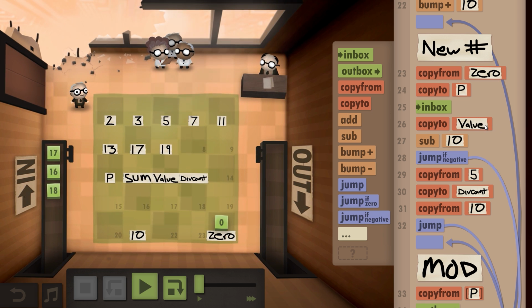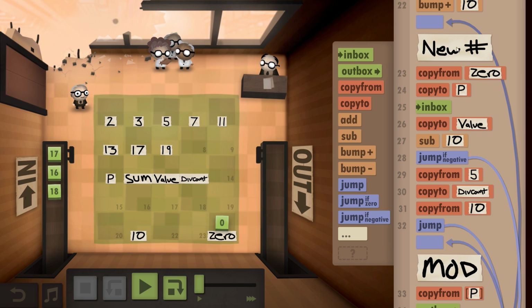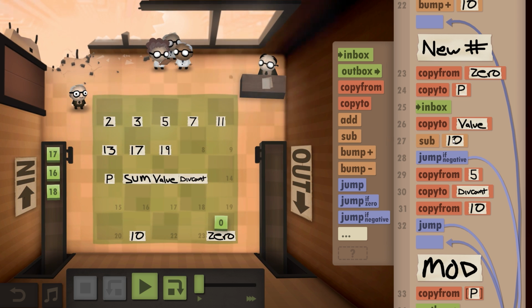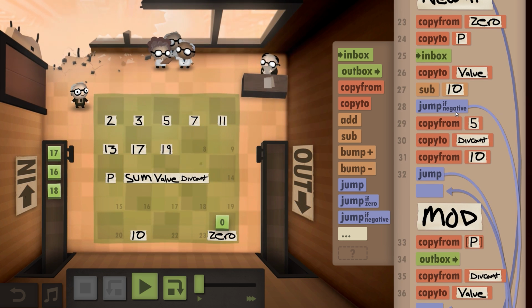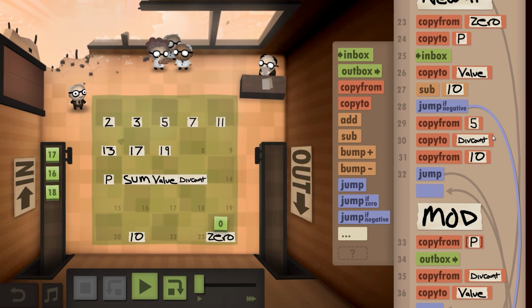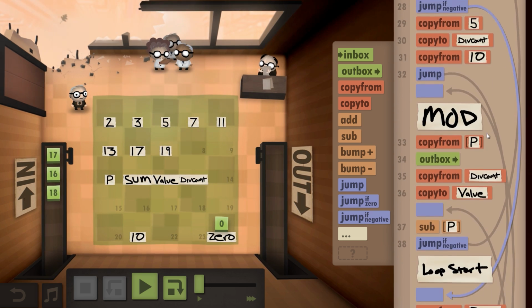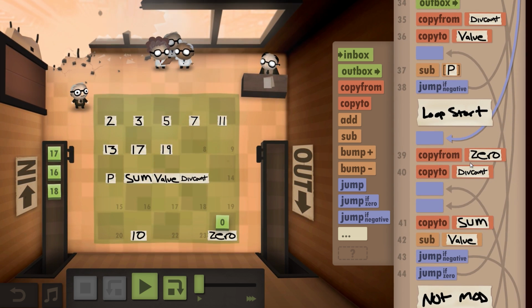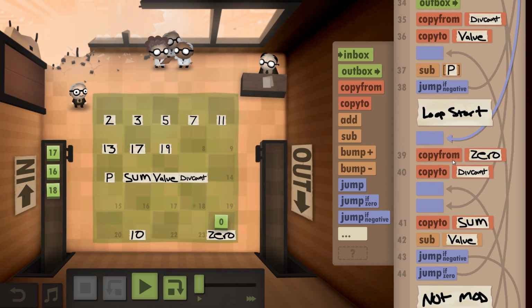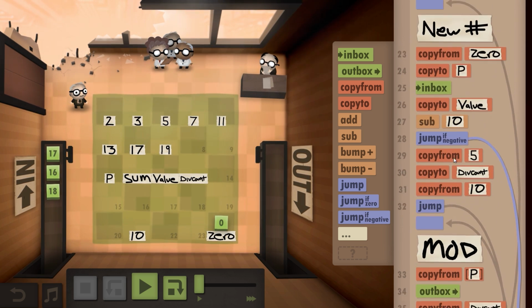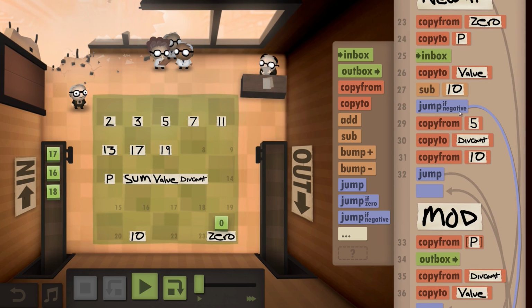So instead, I put a little cheaty thing in here, knowing that when I pop a number off, I'm starting on 2. So I try to subtract 10. If my number is negative, that means the number was less than 10. So I'm not going to do anything special there. I'm just going to jump down to the start of the loop as normal and zero everything out, because we're not going to be counting that much by 2s. However, if the number is not negative,